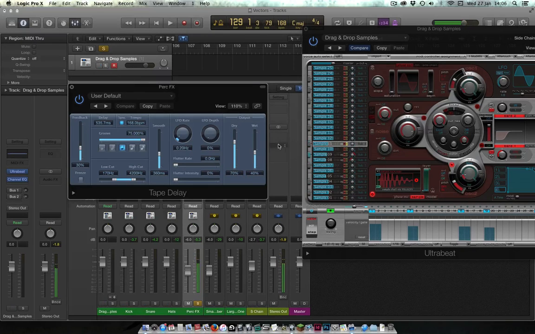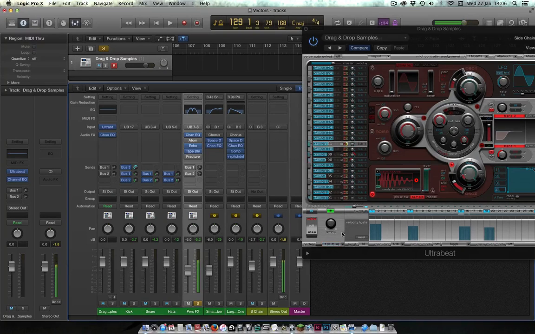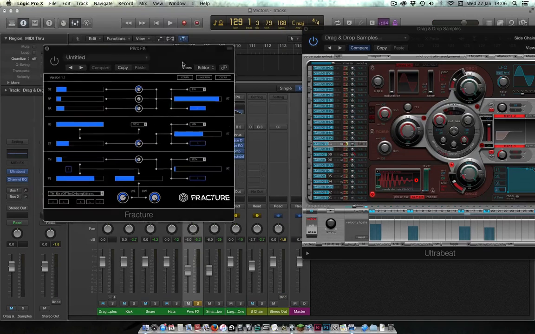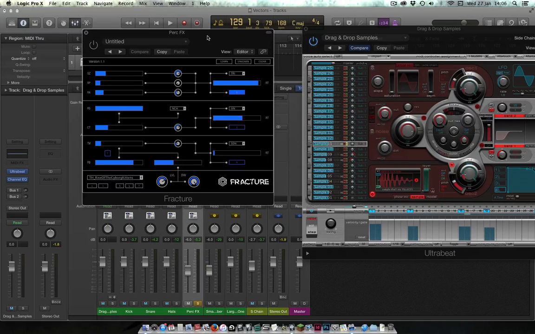So again, it's not doing a great deal, but I felt it just added a nice bit of extra rhythm and dynamic to the thing. Okay, so now what's really affecting this sound is this plugin, which is, I should have mentioned this